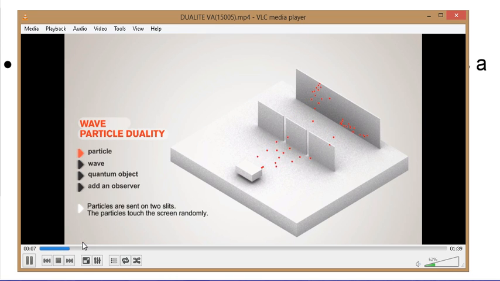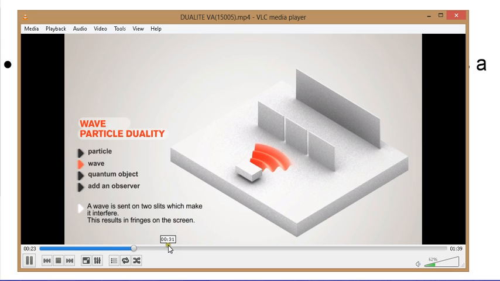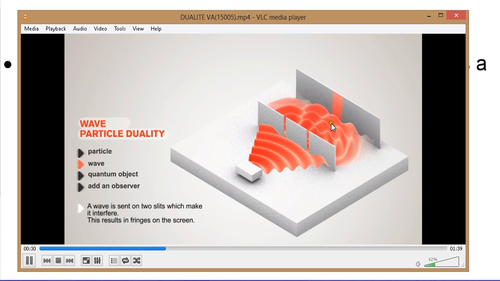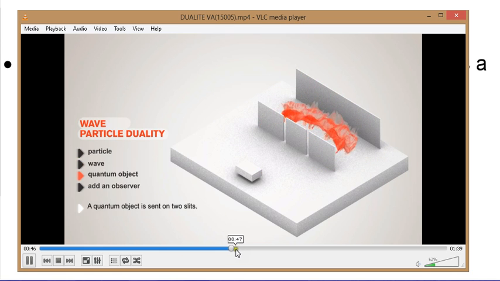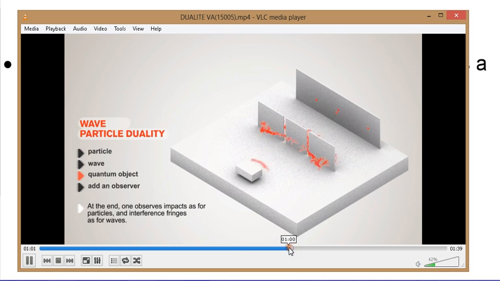And this is if light was only a particle. This is what's called a double-slit experiment. This would be the expected result. Now, if it were a wave, then you would actually see what's called an interference pattern. You can see as the wave goes through the two slits, you see this interference pattern of the two waves. From there, if it were a quantum object, which is the wave-particle duality, you can see that it acts differently as well.